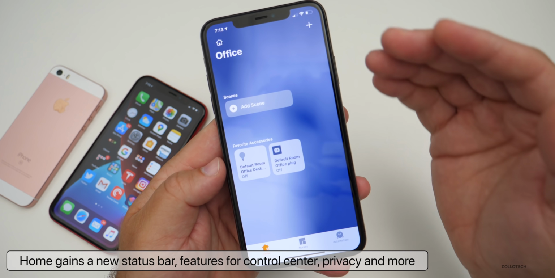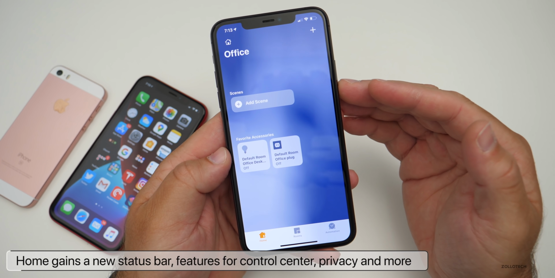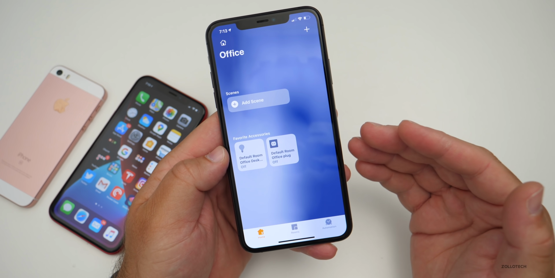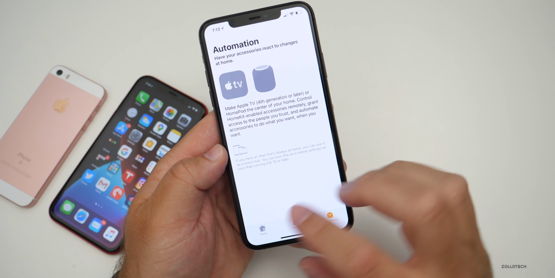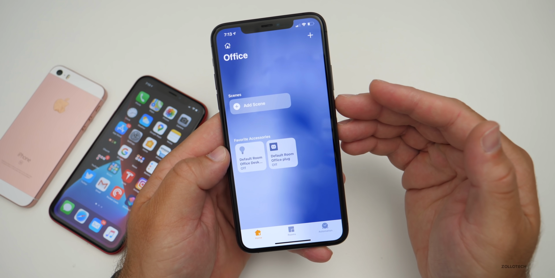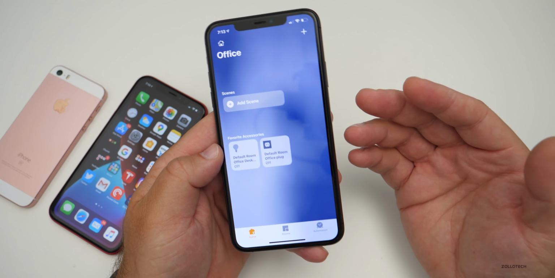They've updated it with a few more features that make it easier. And also, if you have devices that will use automations, it will automatically suggest what you can automate. So it's built in. Maybe you have a doorbell that you want to use and it has video on it.